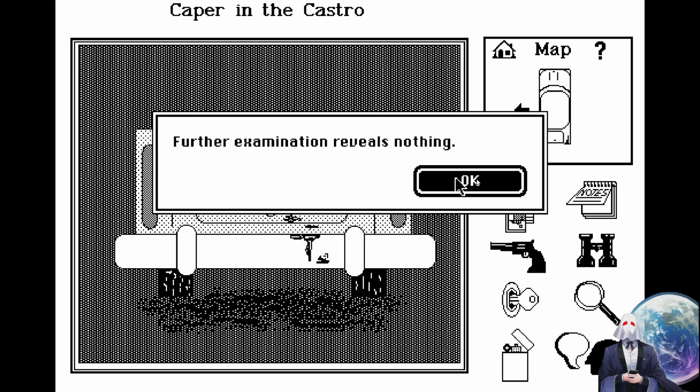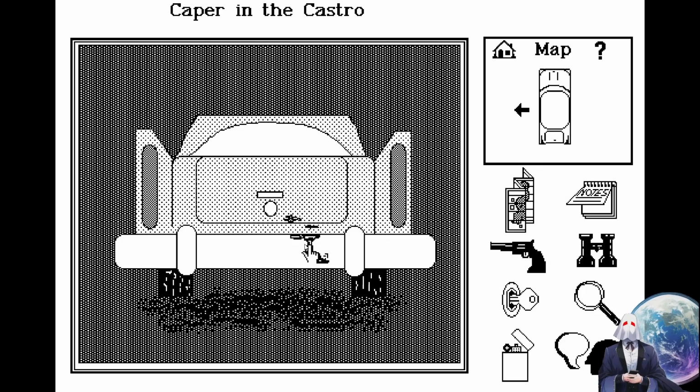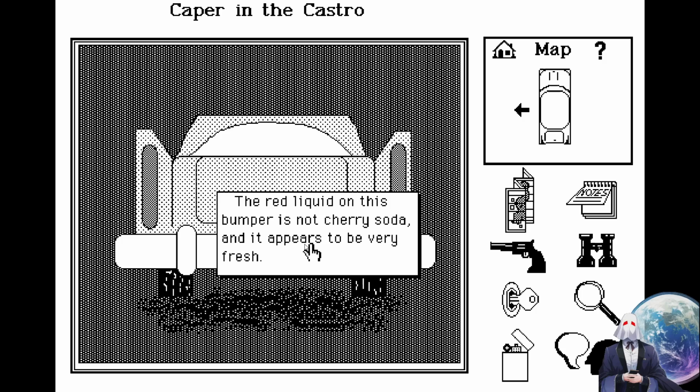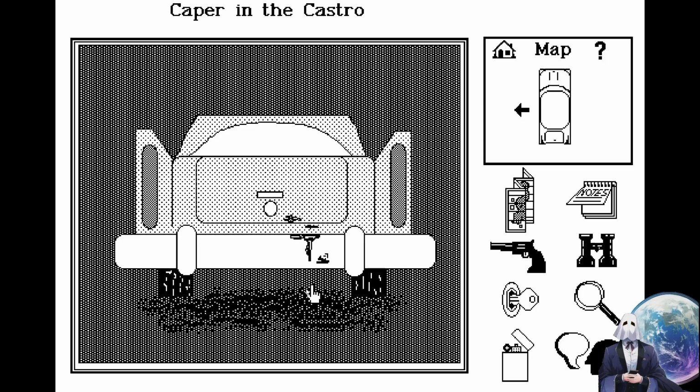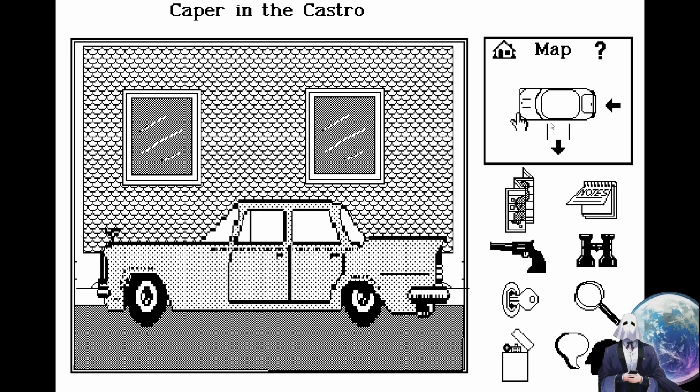Further examination reveals nothing. Okay. What about this mysterious stain? The red liquid on this bumper is not cherry soda, and it appears to be very fresh. Oh, this is not my car. Never mind. I just went into some rando's car. I thought this was my car, but it wasn't. I've just been casually moving around somebody's.